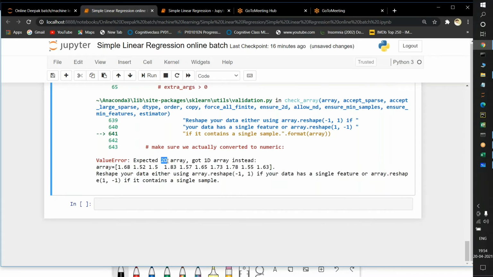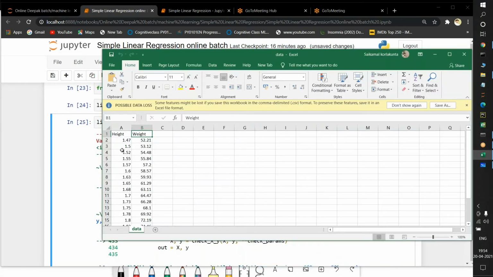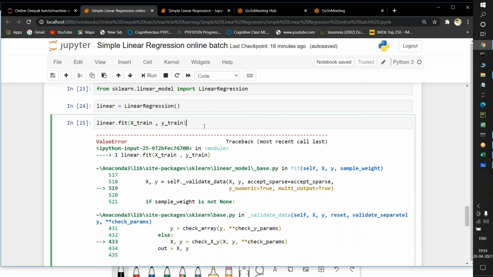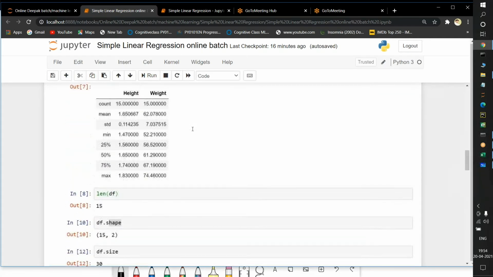What do you mean by expected 2D array and 1D array? I told you already. According to this, I'm showing the data set. This data set is having X and Y, which means it is a two-dimensional array. But the algorithm's predefined condition is taking it as a one-dimensional array. Now we need to convert our data, not only X10 and Y10, the entire data is in the